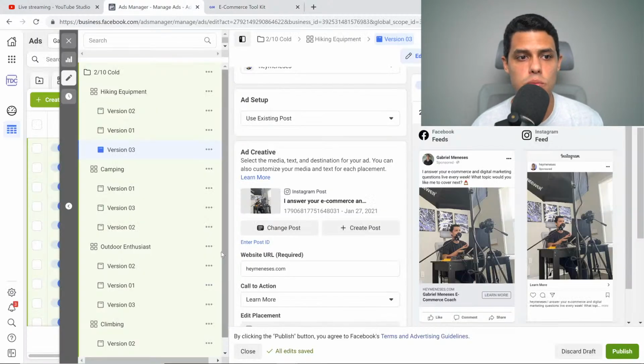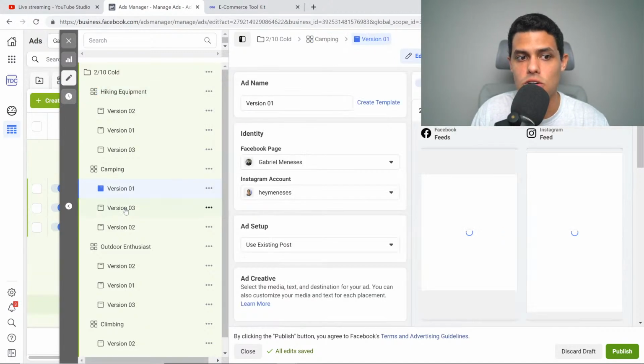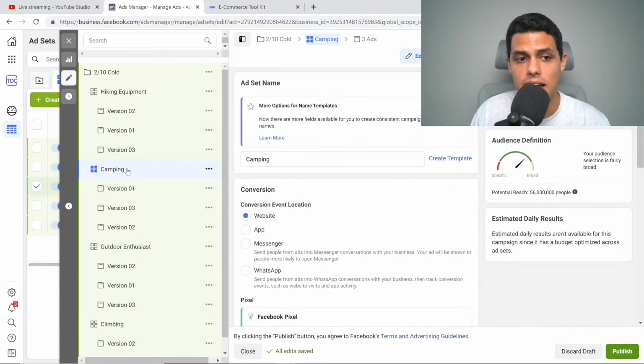Okay, that's super important. So right here, after that, what we do is we're going to duplicate not the campaign, but we're going to duplicate the ad set. We're going to click quickly duplicate right here on top of the ad set hiking equipment, but for you it will be a different one obviously, and then we're going to create a copy of this one plus the 3 ads right here. We want to keep the ads consistent. We don't want to change them because the only thing that we are A/B testing is the